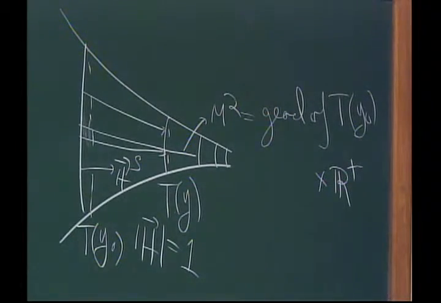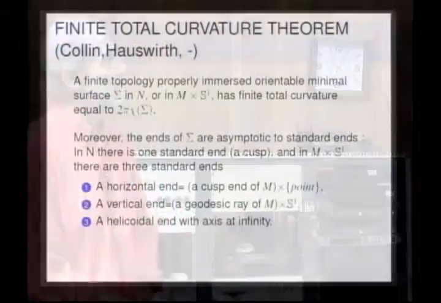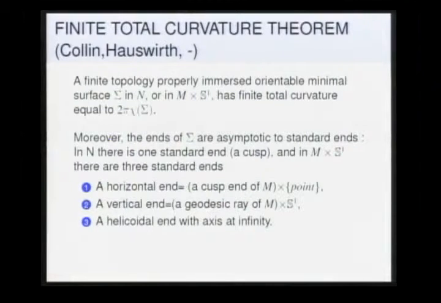Okay, so that's some information. I won't talk about M cross S1. So the main theorem, perhaps, that we proved concerning these spaces and minimal surfaces is the following. Consider a finite topology, properly immersed, orientable minimal surface, sigma, in N or in M cross S1. Then it has finite total curvature, and it's equal to 2 pi times the Euler characteristic. So any finite topology, properly immersed surface in one of these hyperbolic manifolds, or in one of these manifolds M cross S1,